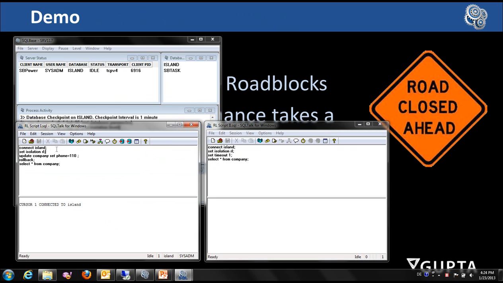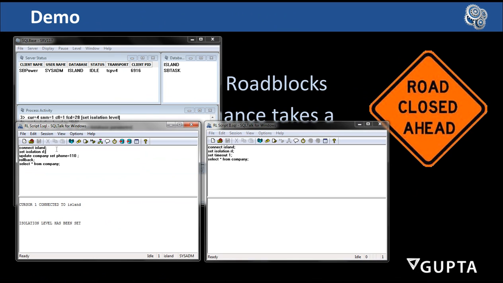Then in that session, I set the isolation level to the historic release lock isolation level. And now I update all rows of one table: update companies set phone equals 110. And now this user, let's say, would go to lunch. And this other user here,